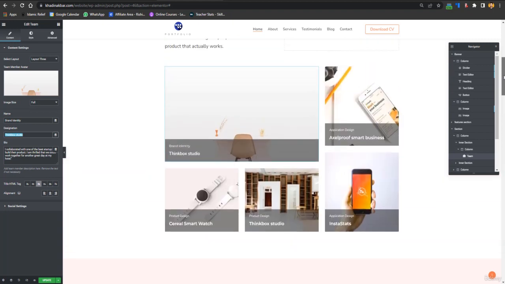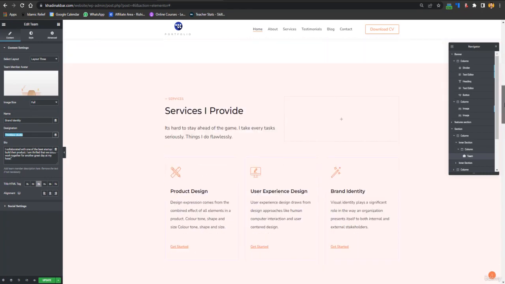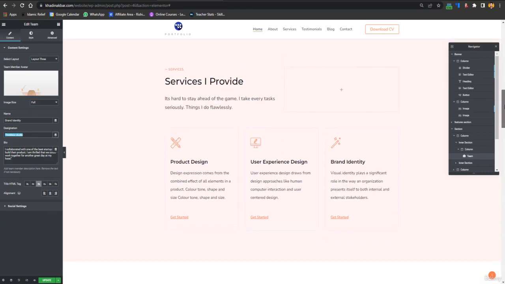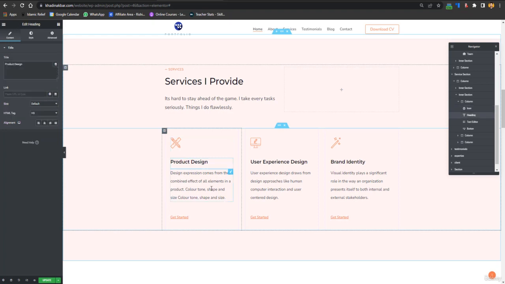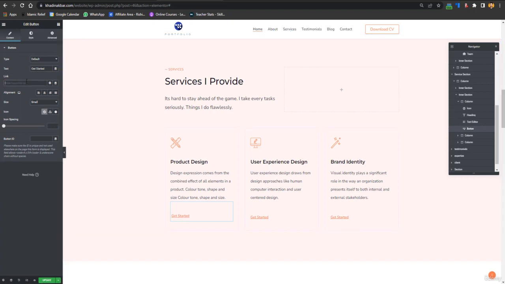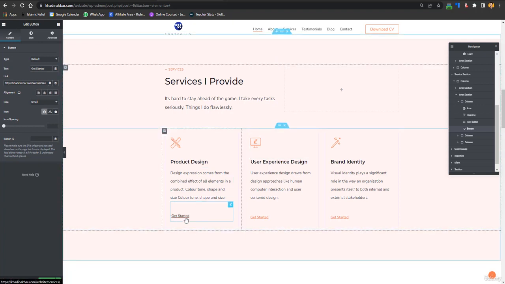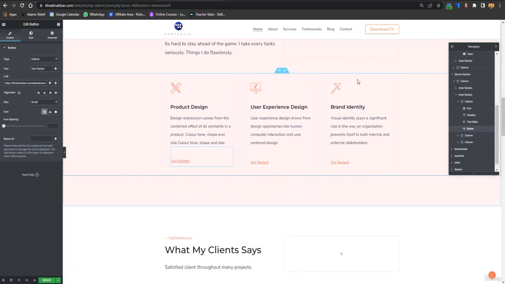And after editing your featured work, then the third thing is services you provide, and just select each service. You can change the icon, you can change the service name and that thing, and then is the get started button, and here you can redirect the user to the services page. So I just enter services here and select services, and when someone clicks it, the user will be redirected to this services page. And that's how you can edit them.